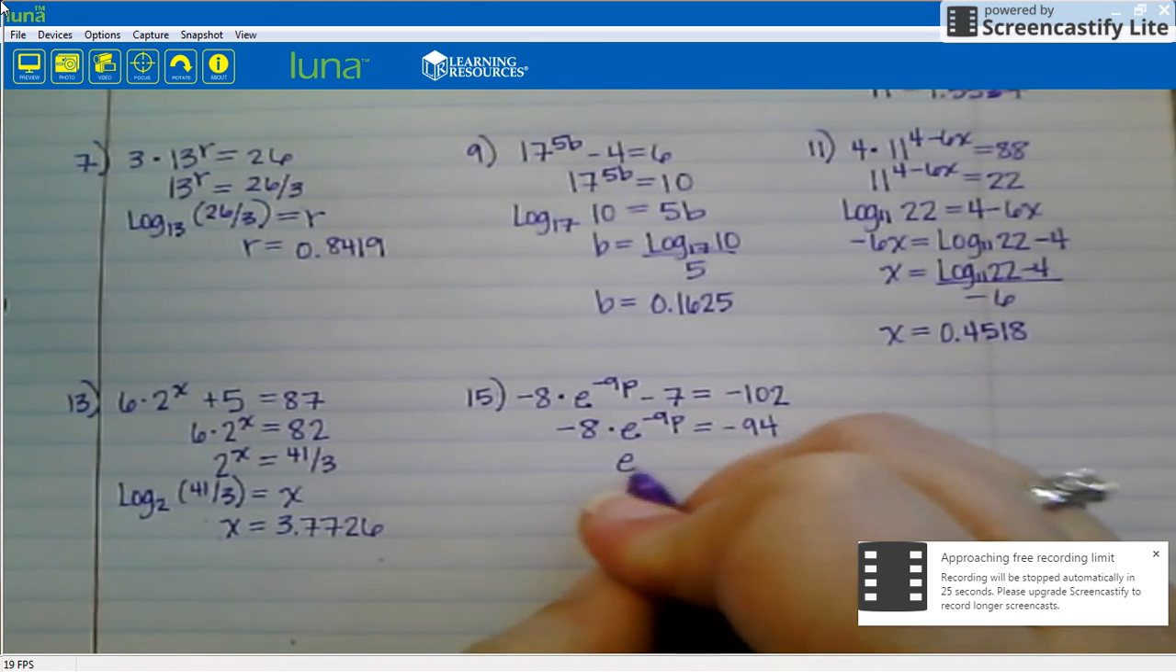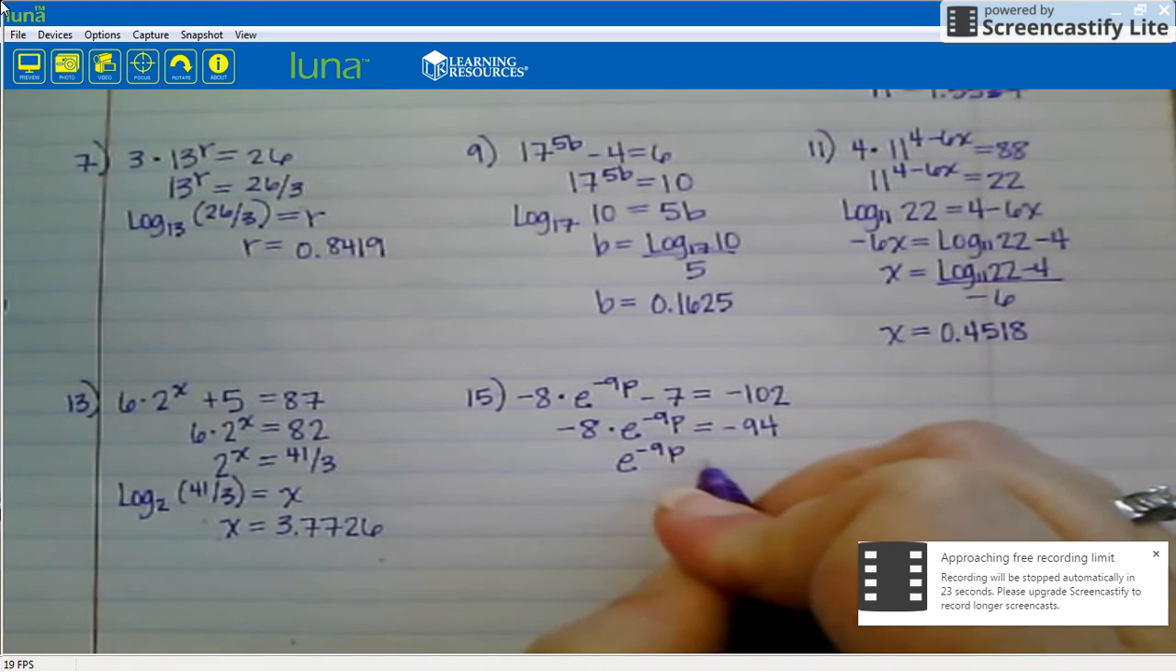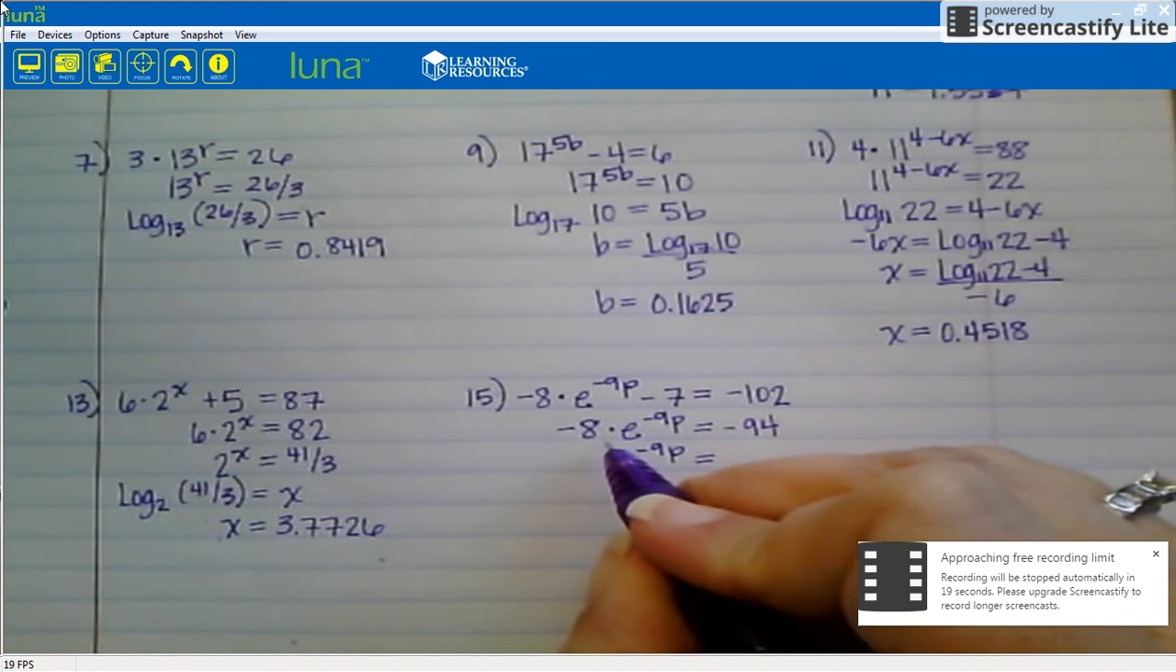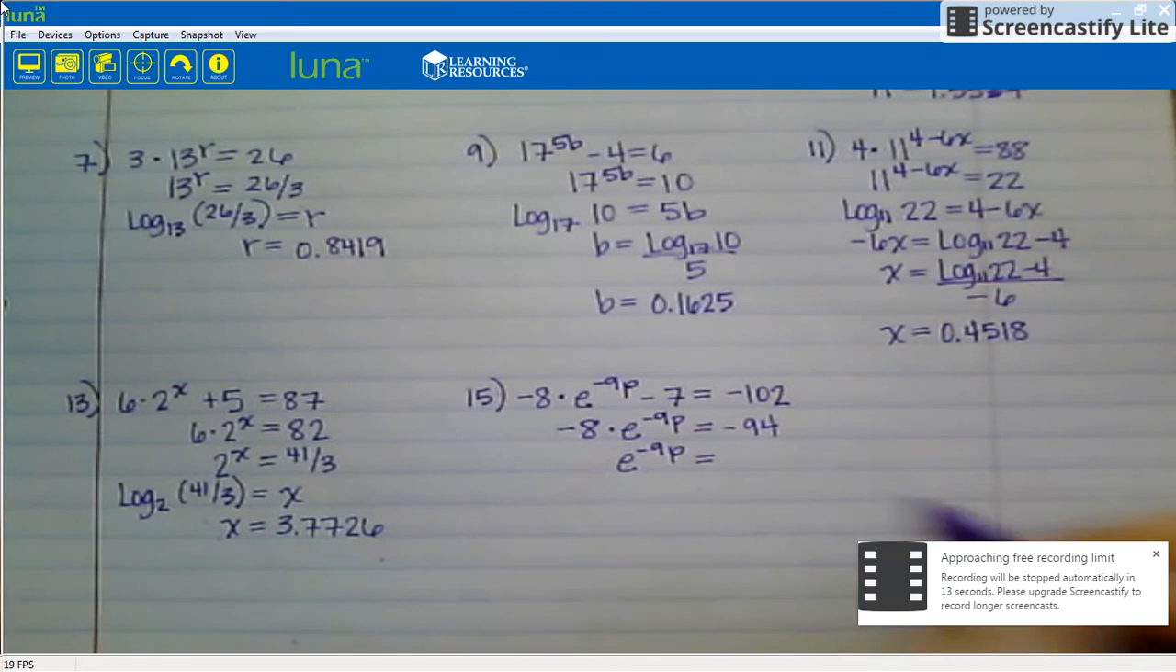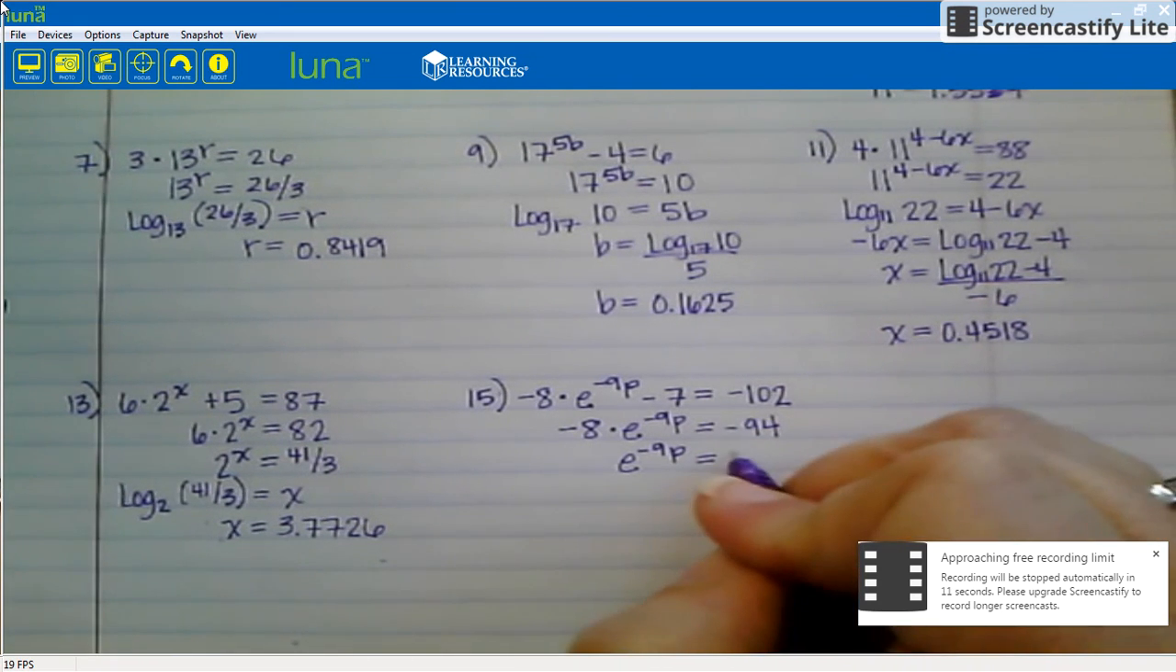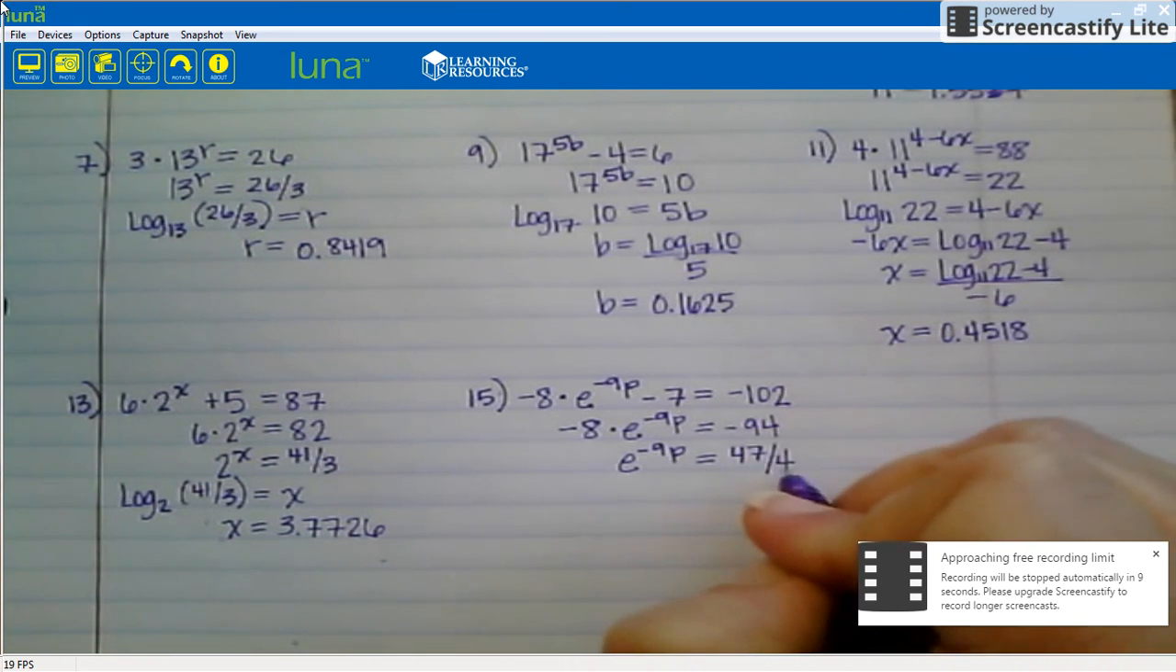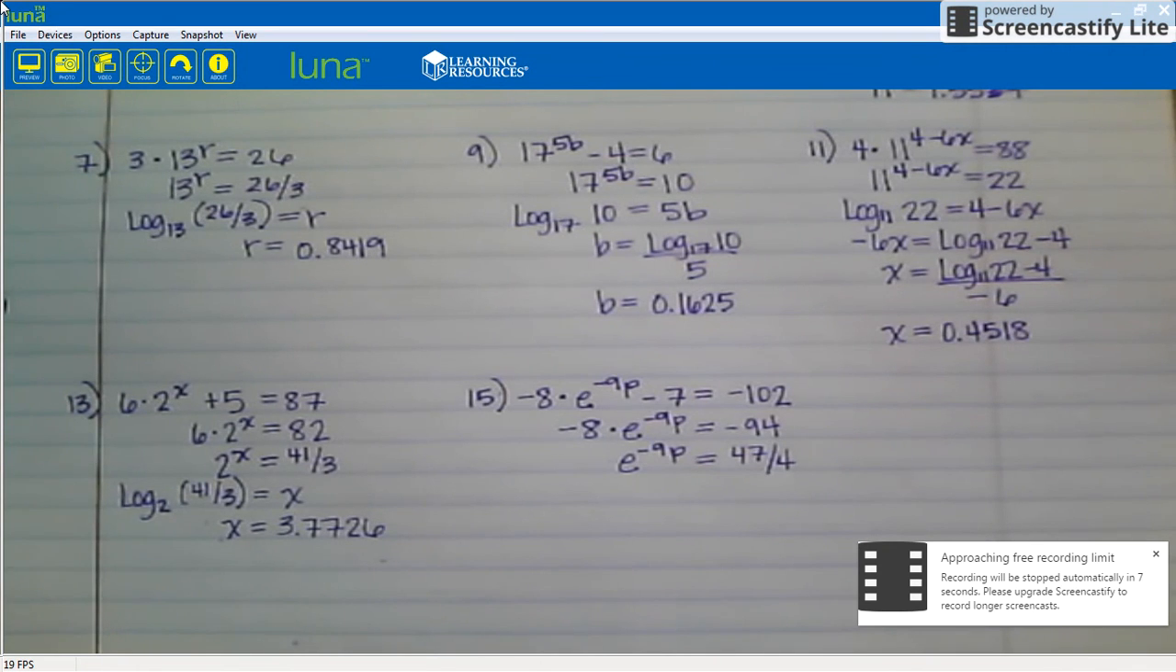And then I'm going to divide both sides by negative 8. So base e to the negative 9 times p power is equal to 94 over 8, which is going to reduce down to 47 over 4. Let me double check that before we move forward. So 94 divided by 8, and